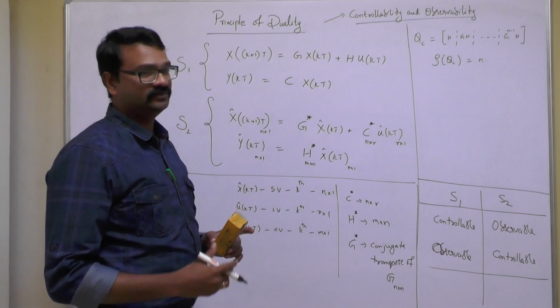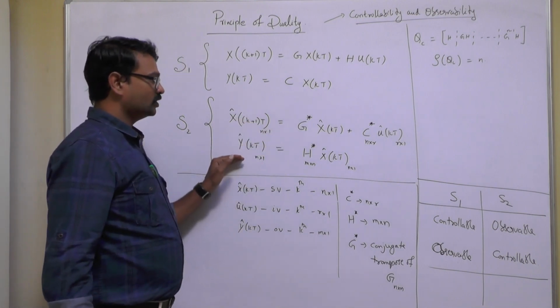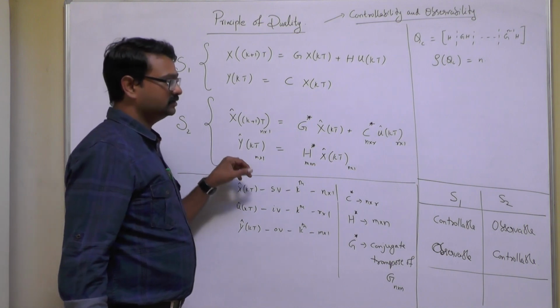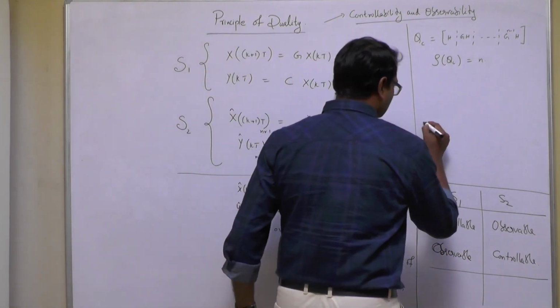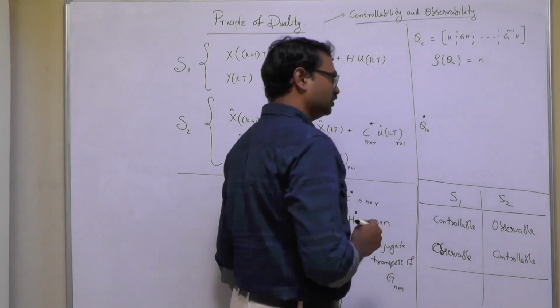If that is happening, if this is controllable, then automatically this is observable. Observability of this states that Q naught, or I'll call this Q naught star because it is S2,